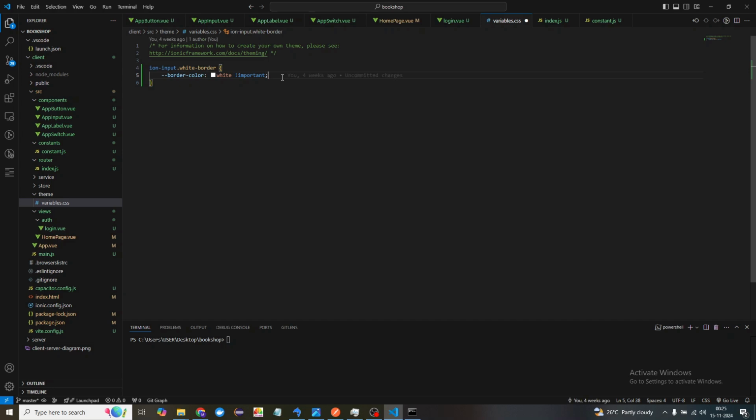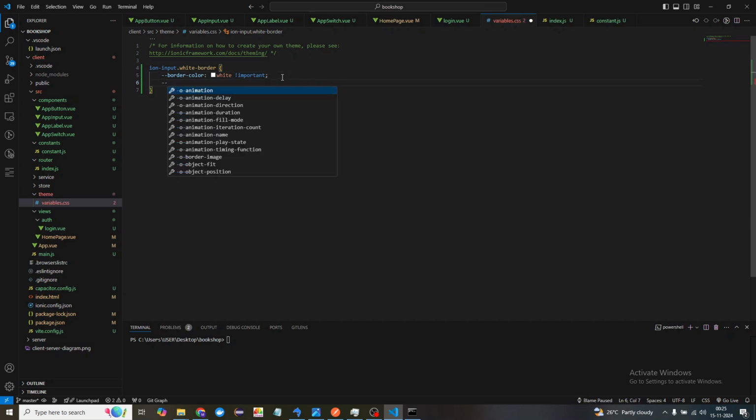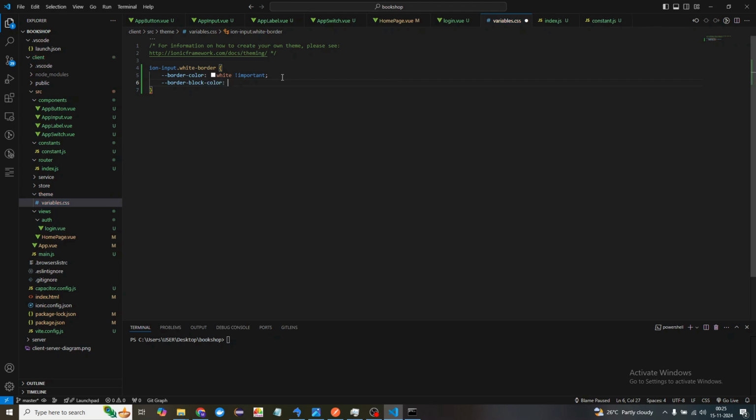So next I need to change the border block color as well. So I'll say border block color, right, it is also going to be white, and then it is also going to be important. Cool. Next I'll say outline color as well. So for that I'm going to say dash dash outline hyphen color. So this is the way we are going to change the CSS of an Ionic element. We need to put dash dash in front of the property. So here also we are going to say white, and then